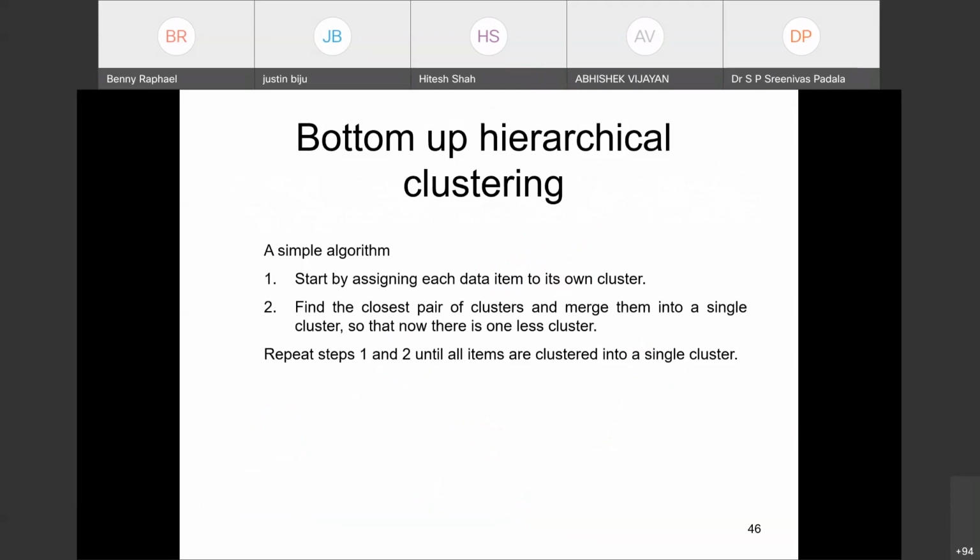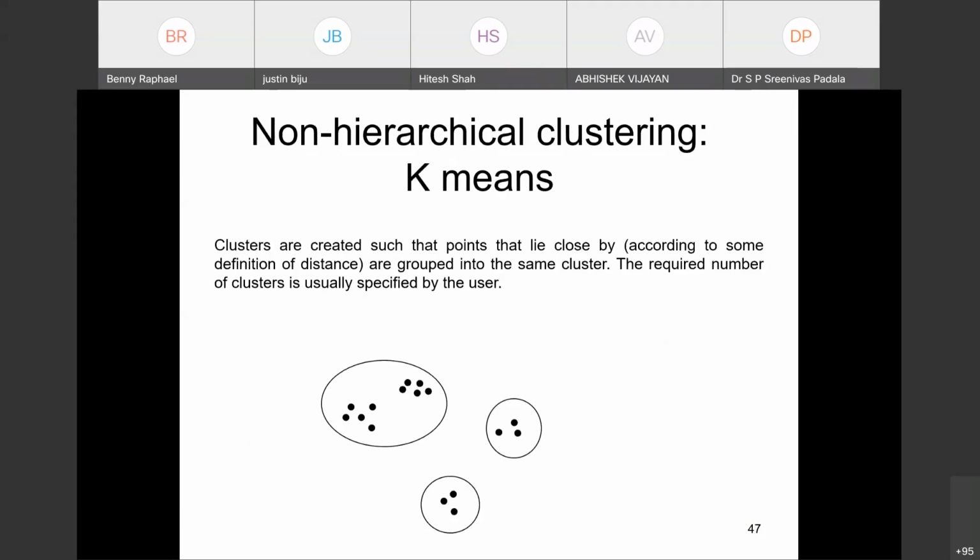And what I described just now is called bottom-up hierarchical clustering. You start from the bottom, start with one cluster containing one data point, and you start merging, going all the way to the top. But in the end, what you get is a hierarchy of clusters. You don't get a fixed number of clusters like in k-means clustering. I'm going to explain that just now.